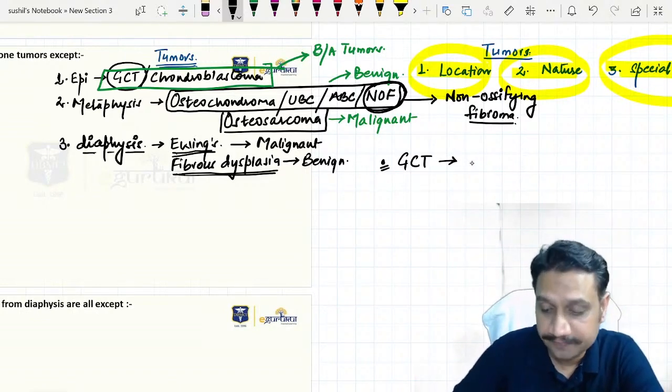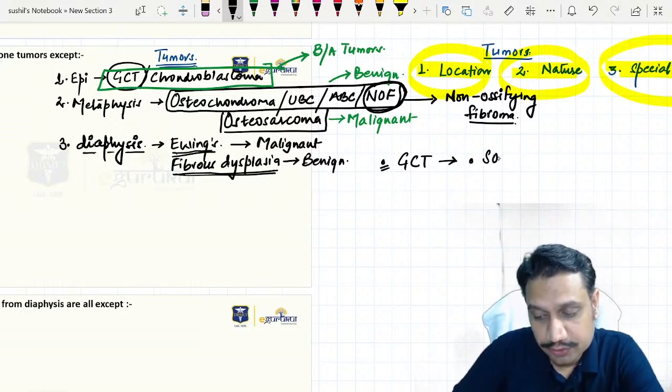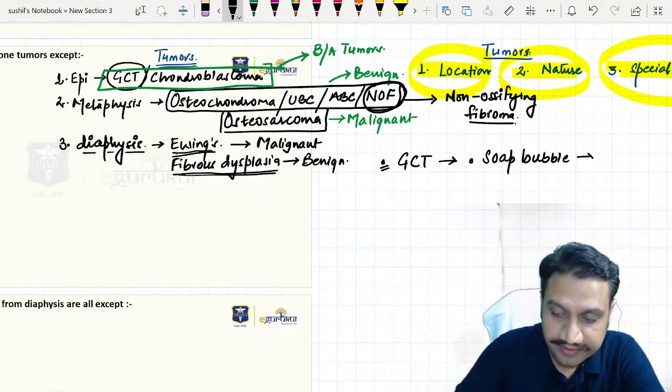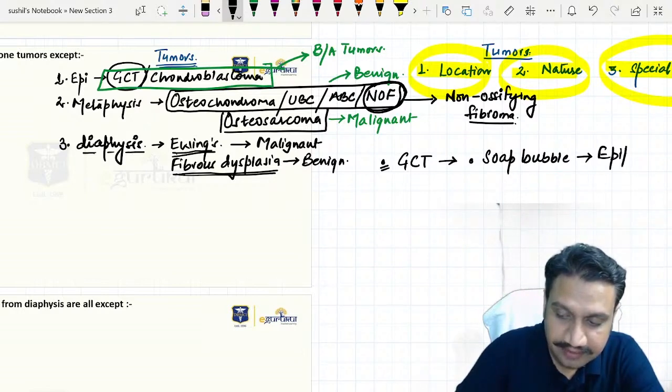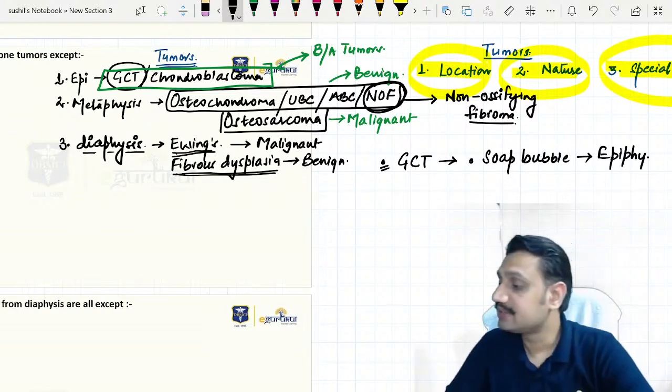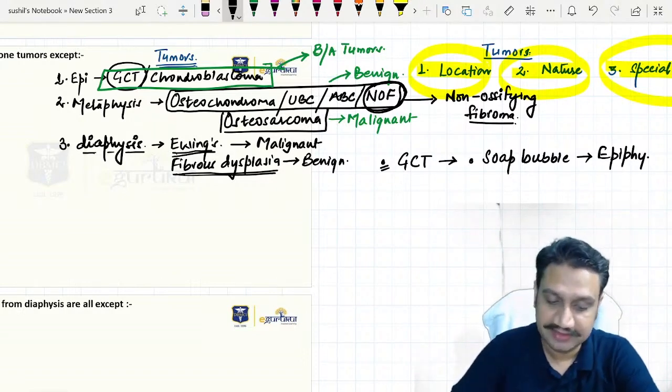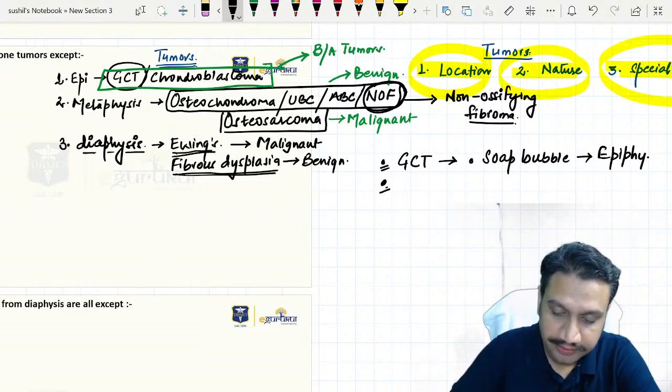What is the special feature? Soap bubble. Where? At epiphysis. Soap bubble at epiphysis. That is a special feature. Okay. The second one I want to tell you is